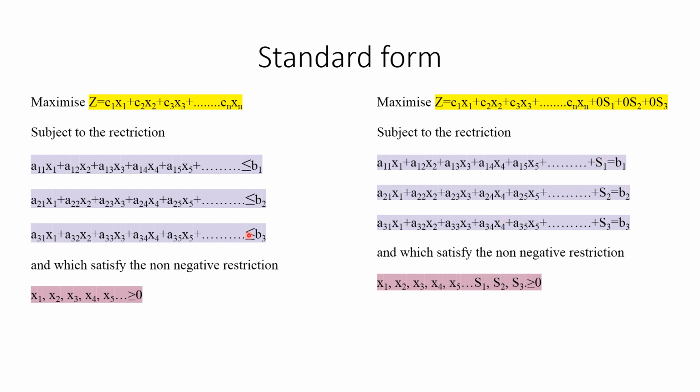In the next equation we use another variable like s2. If you have many equations, you can use s1, s2, s3, s4 up to sn if the equation is of less than or equal to type. Whenever you introduce a slack variable, you have to write it in the objective function also with zero coefficient. So here I am writing 0 s1, 0 s2 and 0 s3 if there are 3 equations, which satisfy the non-negative restriction. So x1, x2, x3, x4, x5 are positive, but I am saying my slack variables are also positive values.